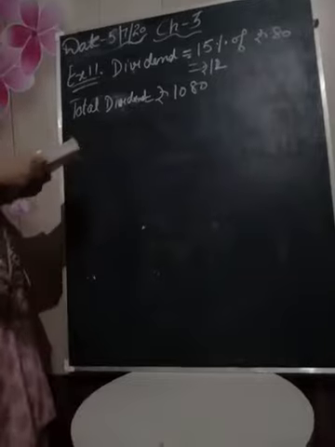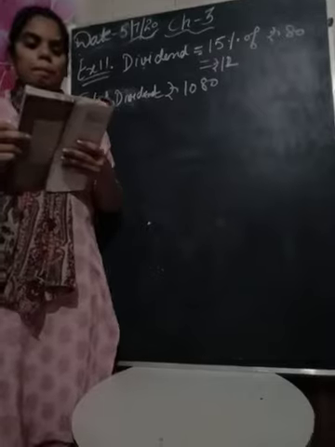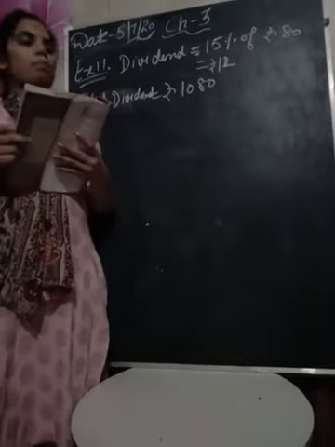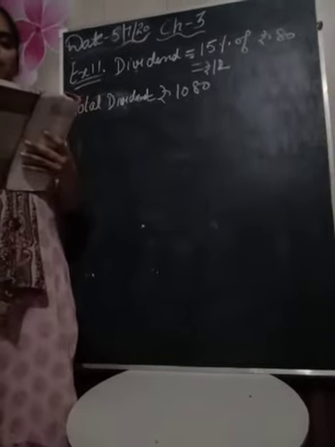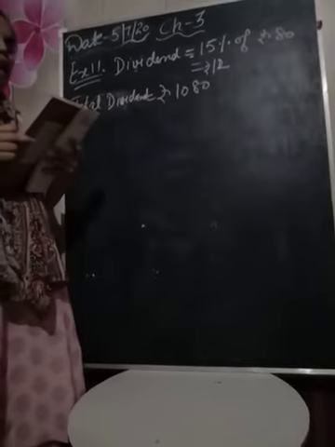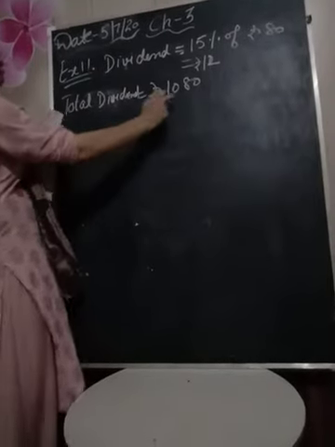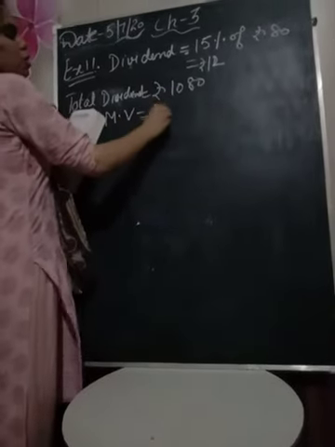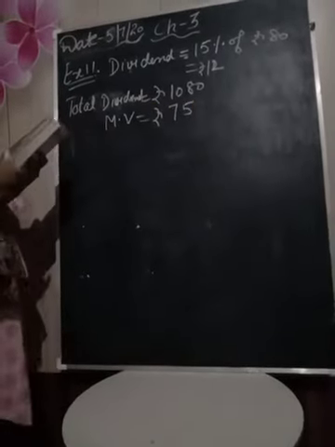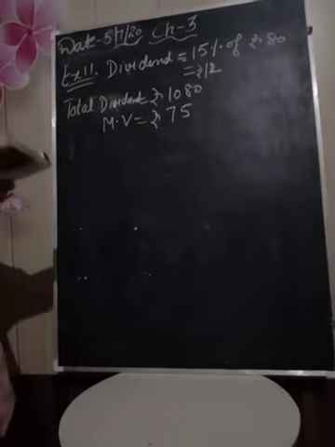Okay, so now we will discuss example number 11. Check the statement. How much should a man invest in rupees 80 shares? Rupees 80 means nominal value we have been given. Shares selling at rupees 75 to obtain an annual income of 1080. Annual income means total dividend they have given, 1080 rupees. And market value they have given, how much? Rupees 75. And we want to find it if the dividend declared is 15%.